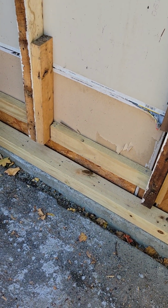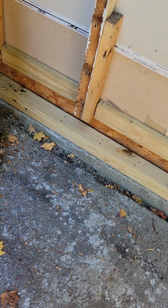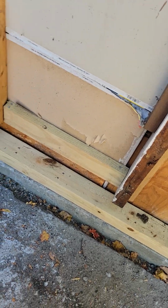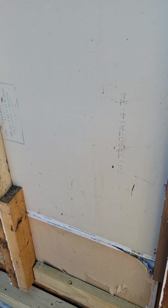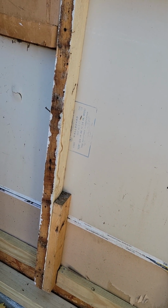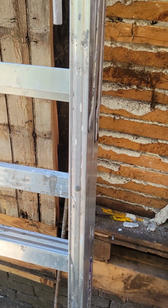It seems like it never works out that way, but those sisters have to be taken out. It's probably going to affect that drywall, but the rest of this has to be taken out so I can sister everything in. And then once that's all done, we will insulate and sheath. This has to be fixed too. Not really sure how far over it goes, but